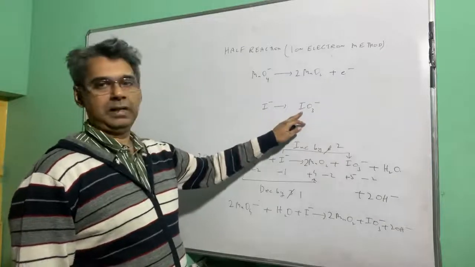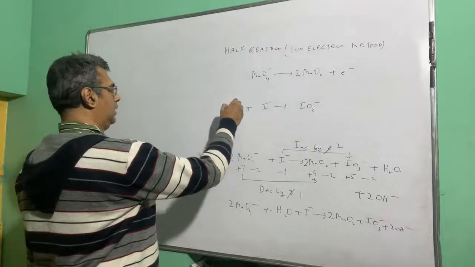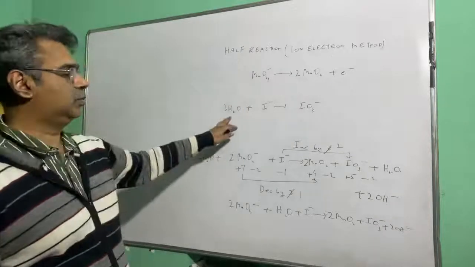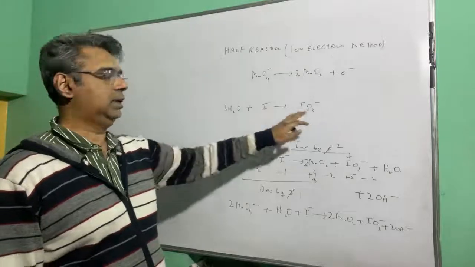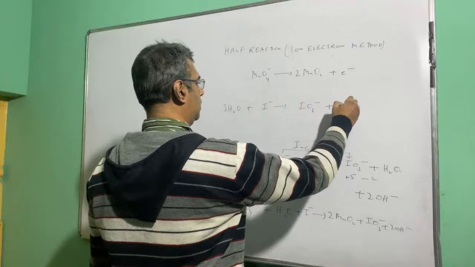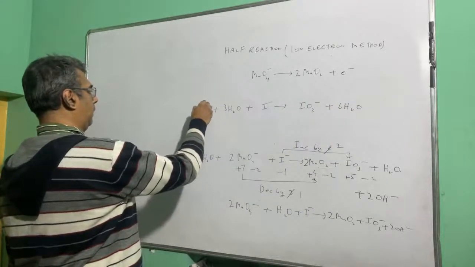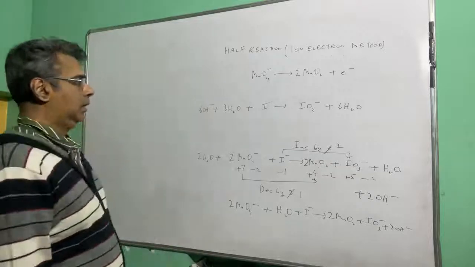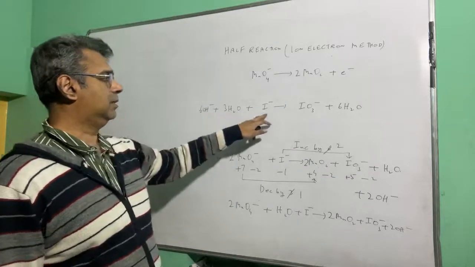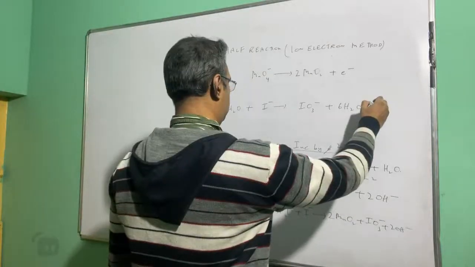Now let's go to the other one. This is I, this is I. There are 3 oxygens here, so you add 3 H2O. Now because you have added 3 H2O, there are 6 hydrogens here, so there is a shortage of hydrogen. So you add 6 H2O, and here you add 6 OH minus. Now in the end there is a charge of -7 here and there is a charge of -1 here. So here you will have to